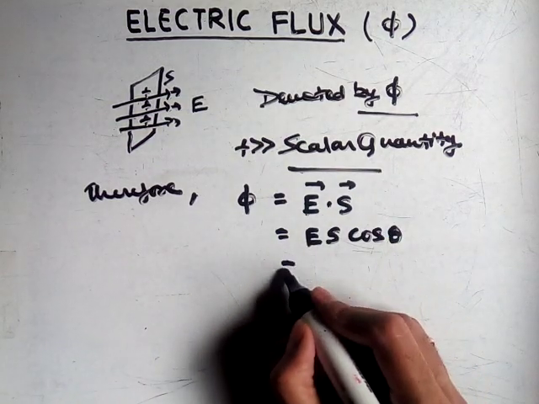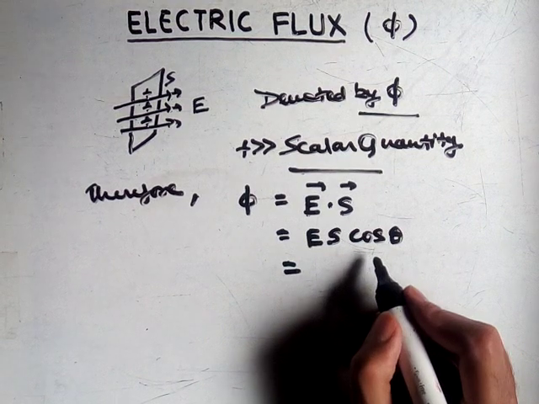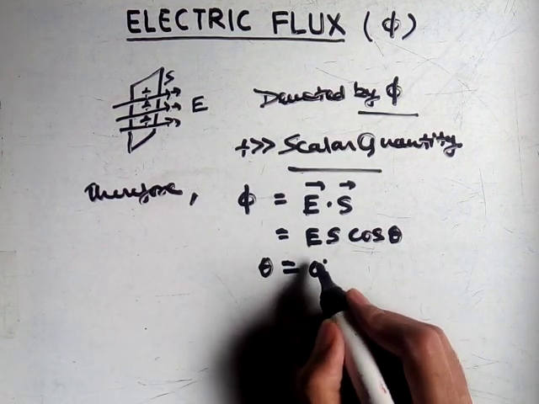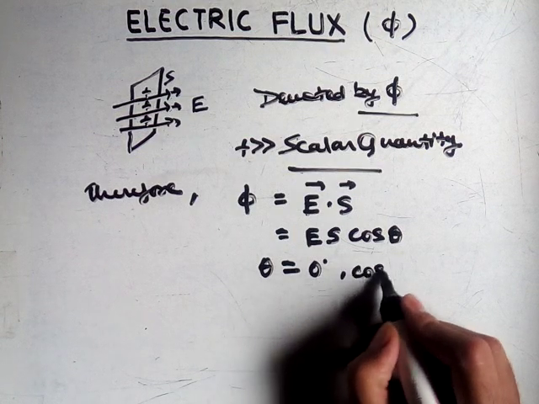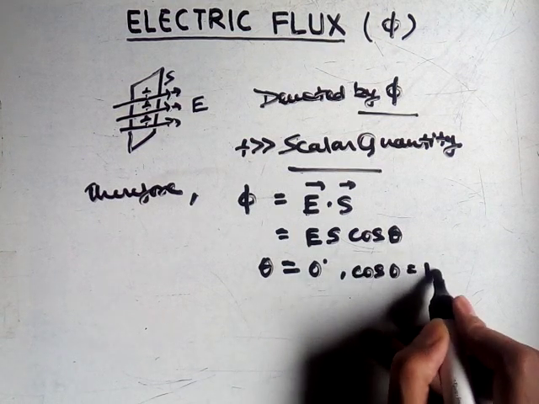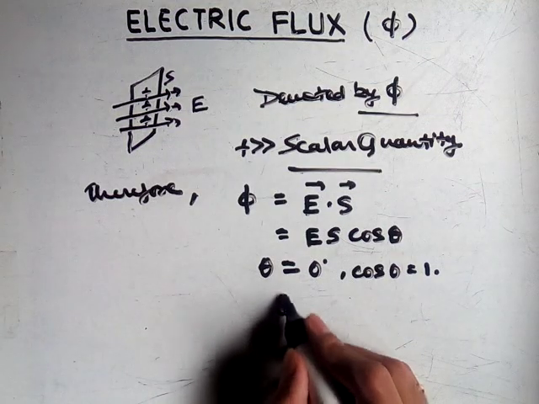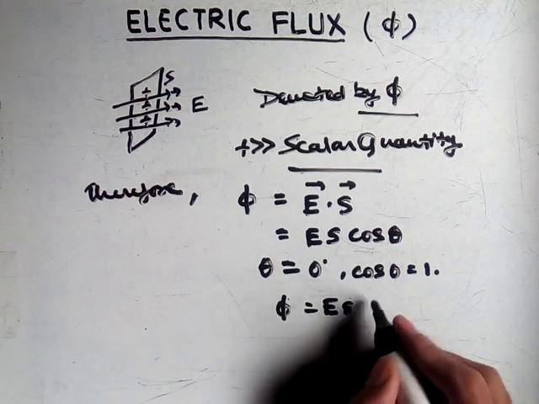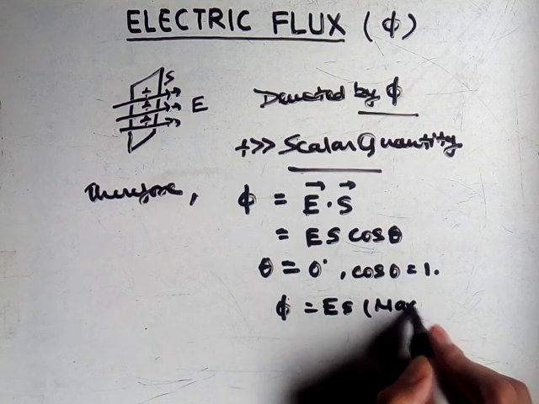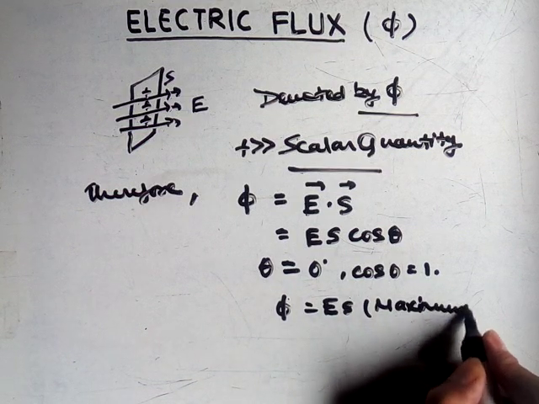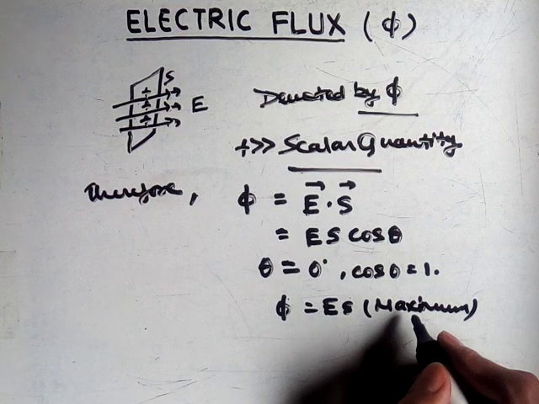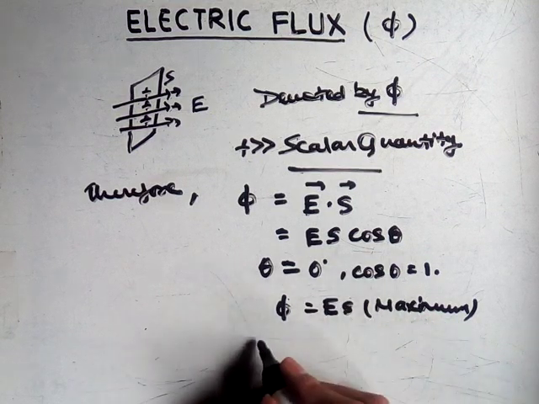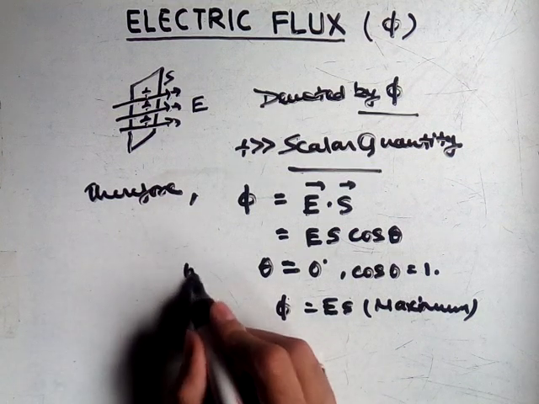And hence when theta is equal to 0, then cos 0 is equal to 1. So we can write phi is equal to E S, which means it is the maximum electric flux. So the maximum electric flux will be when theta is equal to 0 degree, and hence when theta is equal to